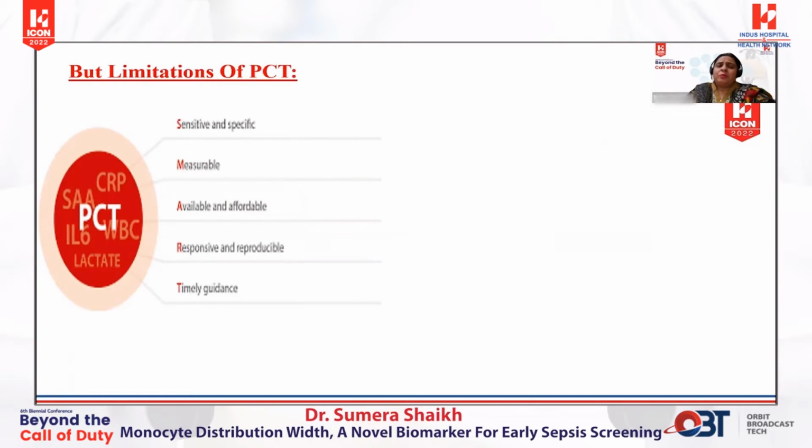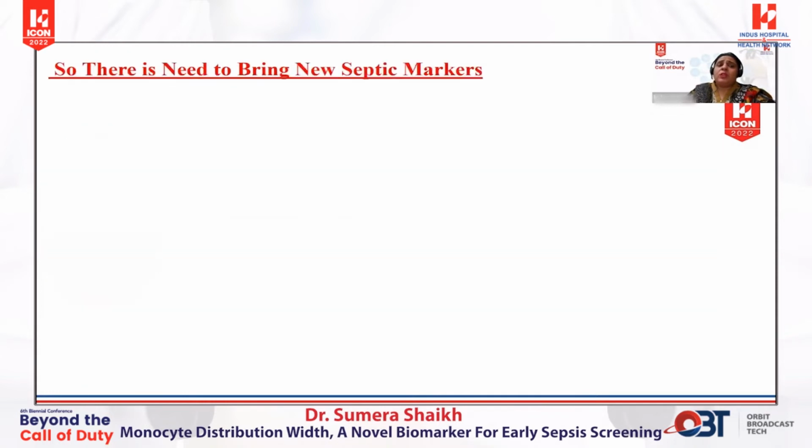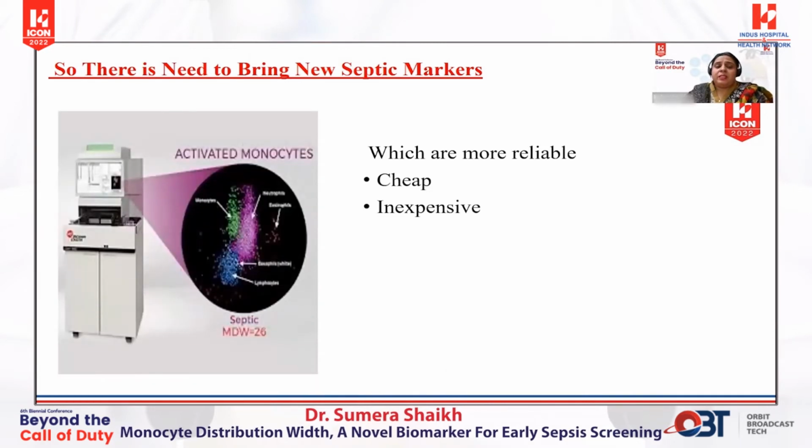But there are a few limitations of PCT. One, it's an expensive test, and it can be falsely positively high in non-infectious conditions like trauma and CKD. So there is a need to bring new septic markers which are more reliable and cheaper. In respect of these things, one challenging marker has come up in the market, brought by Beckman